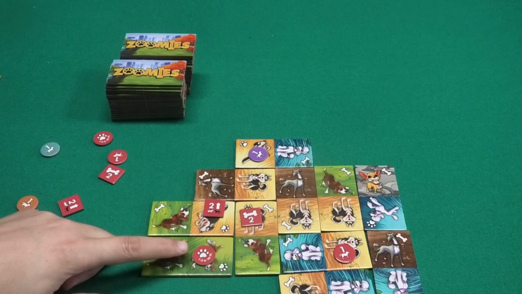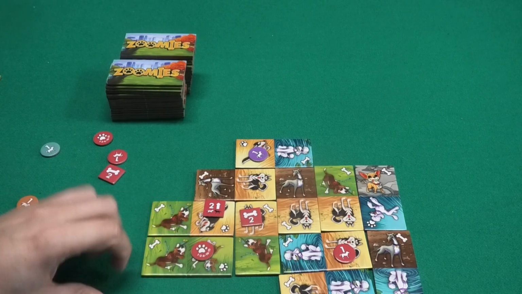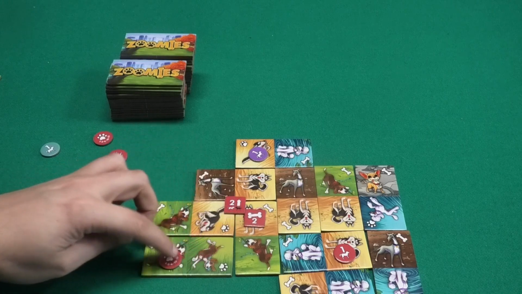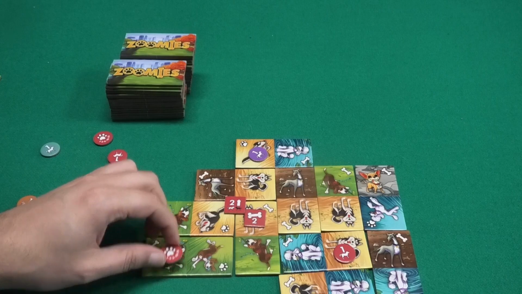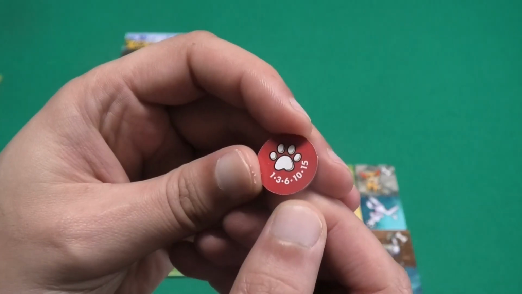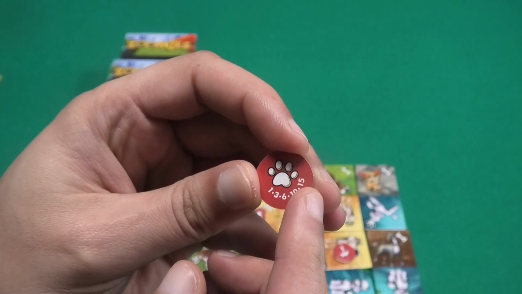And at the end of the game, you will score points for the group of Zoomies that you've created. So in this case, there are two dogs adjacent to each other that have the Zoomies, and they can be different breeds. So 2 adjacent Zoomies will score you 3 points, and you can go up to 5 adjacent Zoomies